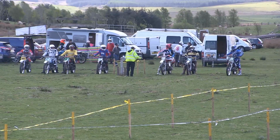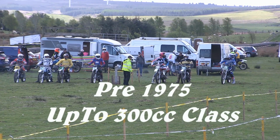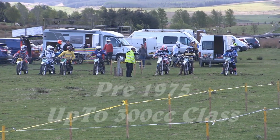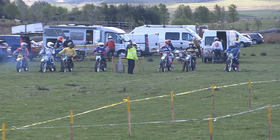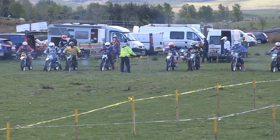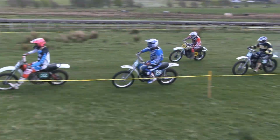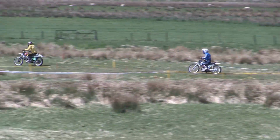So that brings us quite nicely to the second race for the pre-1975s up to 300cc class. Now remember, the last race was won by Derek McCauley on the right hand side there, number 29. He had a good scrap with Tommy Anderson in the yellow there, number 3 on the Husqvarna, but as they get ready to leave the line, it's another good start by Tommy Anderson. Darryl Wiley's made a good start there in second position, but as they head to the far side of the